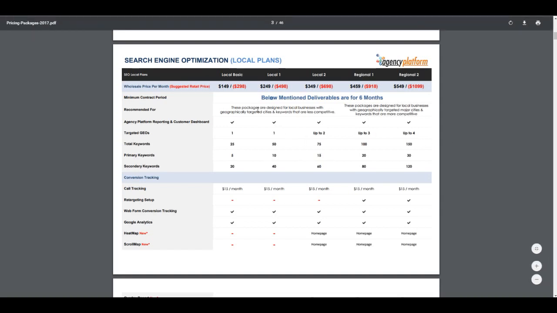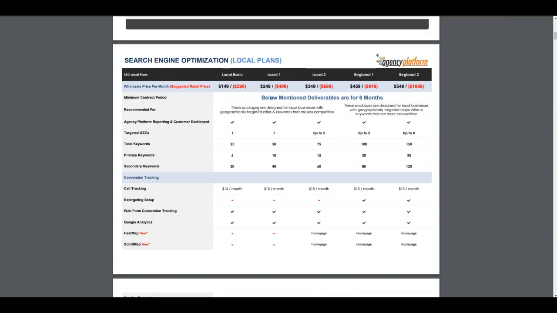Now, all of the plans are for locally based clients, meaning they're probably brick and mortar. Their clientele are local. So local basic and local one are for your lower competition local clients. Maybe they're in a city of a population, for example, less than 50,000 or so, and there's not as much competition locally, which probably is indicative by the size of the city, give or take.